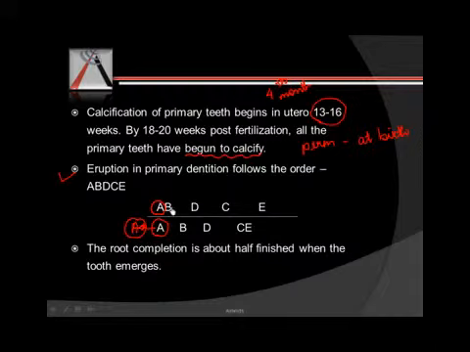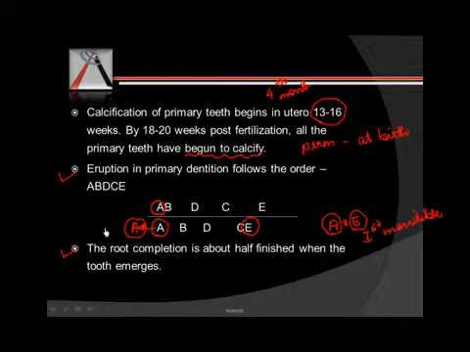Then you have your maxillary lateral incisor that precedes your mandible, then your D, then D here, then C here. You can see everything in maxilla except A and E erupts first. So all other teeth except A and E erupt first in maxilla. Your A, that is your central incisor, and E, that is the second molar, they erupt first in mandible.